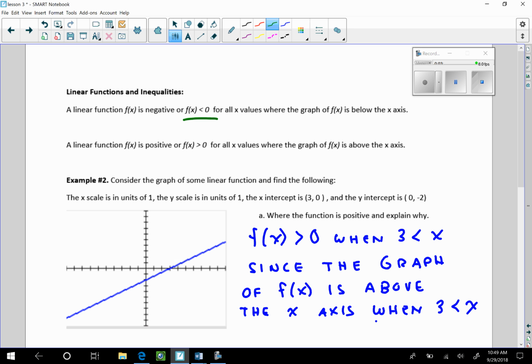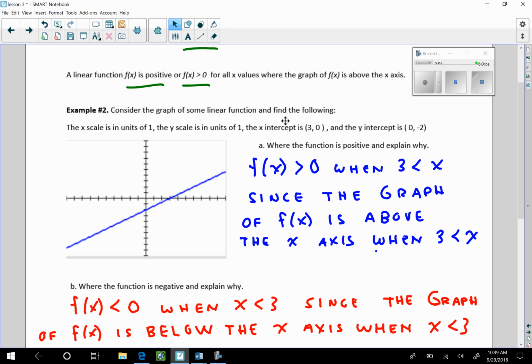So this is important, and for some of us this will seem easy. That's okay. For some of us, again, as I stated, it may be a bit elusive. A linear function is positive, where we say f of x is greater than 0. That's for all x values where the graph of f is above the x-axis. So if I look at this example here,